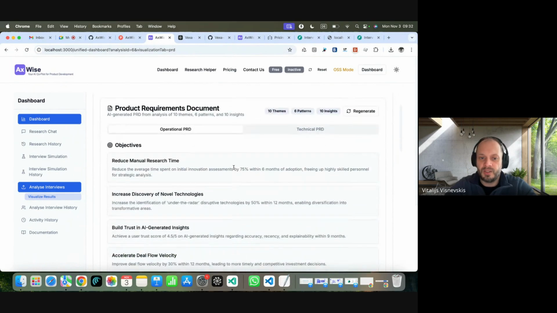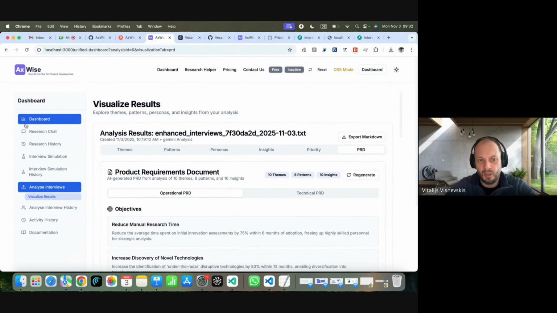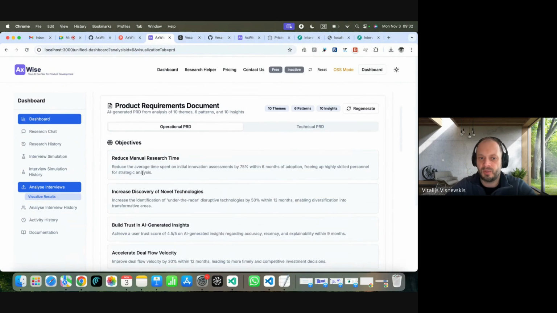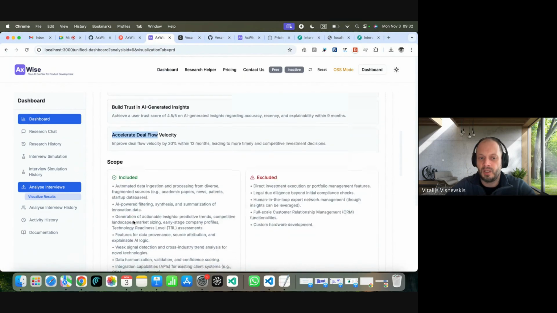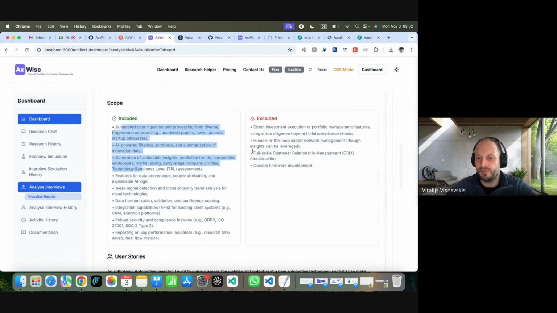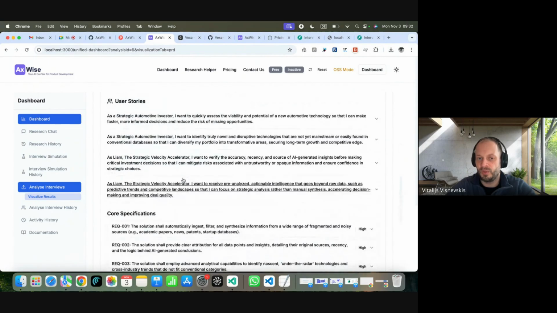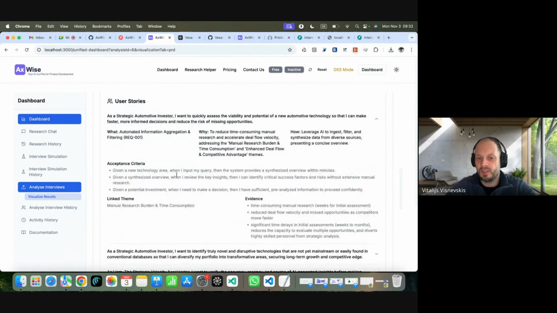Let's go to the PRD. It's already actionable items. From all of the chat, with just a few starting phrases, we came to this. So there are the objectives: reduce manual research time, increase discovery, build trust, accelerate deal flow, and then what will be in the scope of your development and what won't. There are even some user stories with what, why, how, with acceptance criteria linked to them.